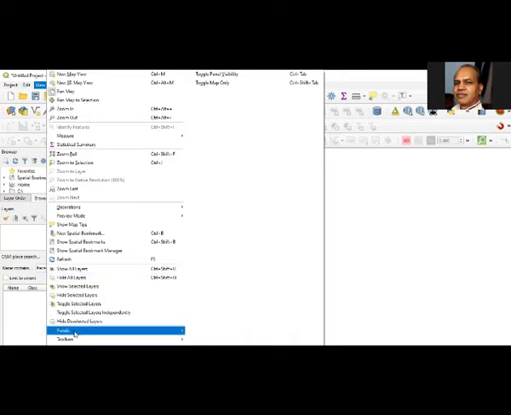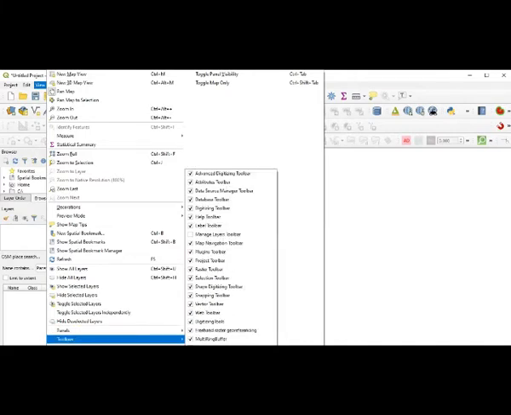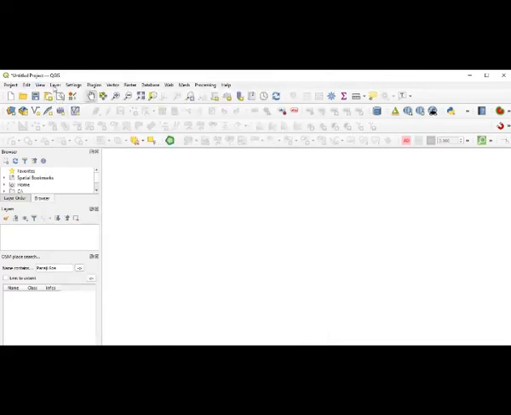Then here at the bottom we have panels. One panel will open wherever you require, and you are supposed to check it. The moment you check it, it will show you a check mark. Whichever you want, you can select from here. Then just below that, there are toolbars, which you can see for whichever you are interested in. These toolbars also get activated when you go to one more menu, called plugin. When you activate that plugin, it will be added here in the toolbars. After this, I will take you to the layer.